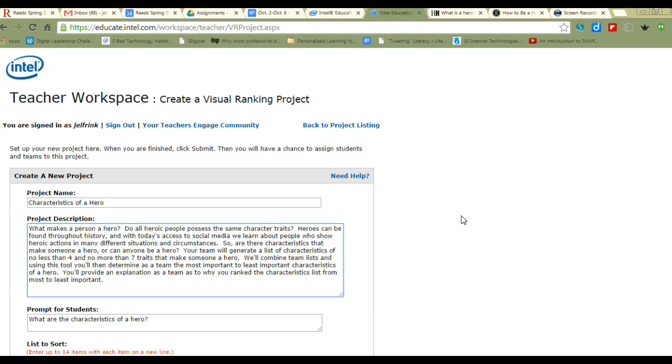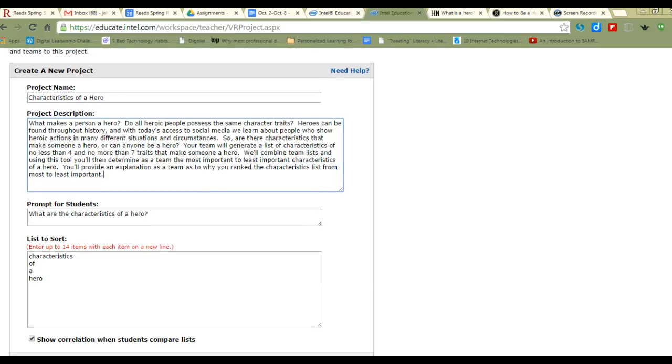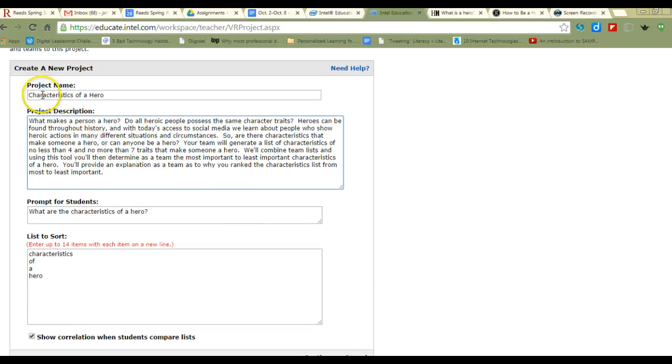You first have to have this project in your teacher workspace. So I'm setting it up here in my teacher workspace, and I have my project name. I've given a description to the students, their actual prompt, and then I have put some placeholder words in here while I'm building this project. And so the lesson is that students are supposed to figure out the characteristics of a hero. Now, to help them and give them a little background information, you would give a little more detail in